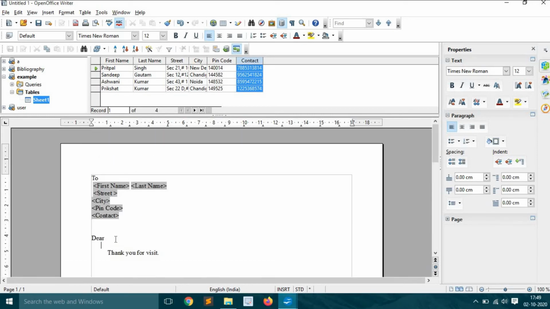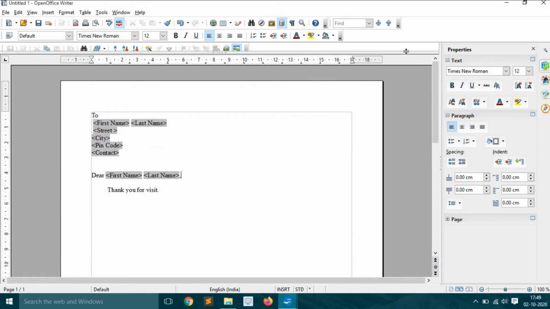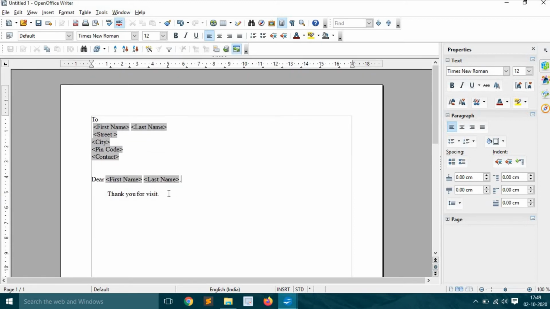So after dear, if you want to again merge your fields, you can. There is not any kind of restriction there. I am just writing after dear, one space, then first name, last name and comma. So now all my fields are merged there.